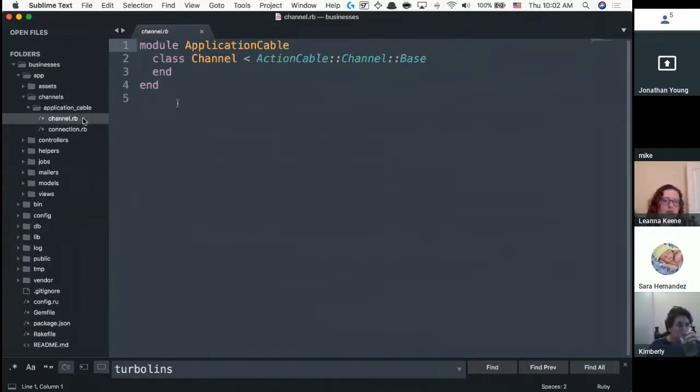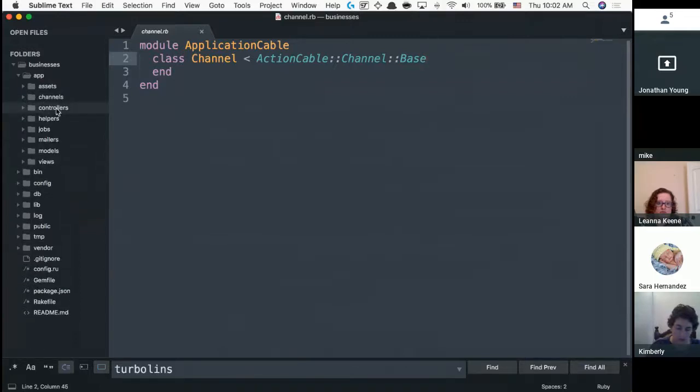Basically what it does, it connects to what's called action cable channel base. This particular channels folder, if you decide to do instant messaging with your Rails app, which only takes, I've seen 2 cohorts of students finish it in about 2 hours, just by following tutorials. If you wanted to do anything with instant messaging, being able to see things right away, all of that code would go inside of here.